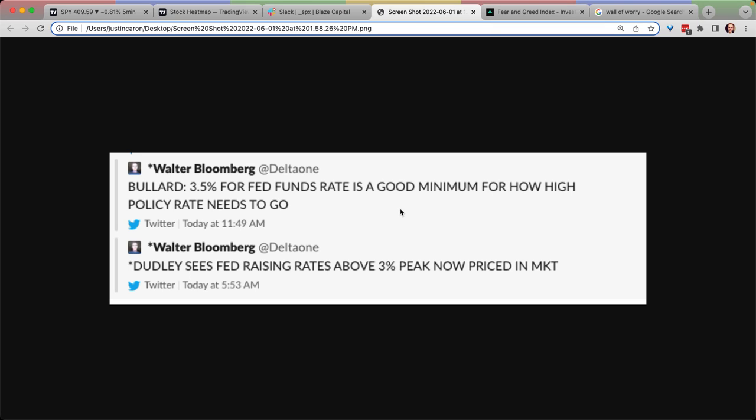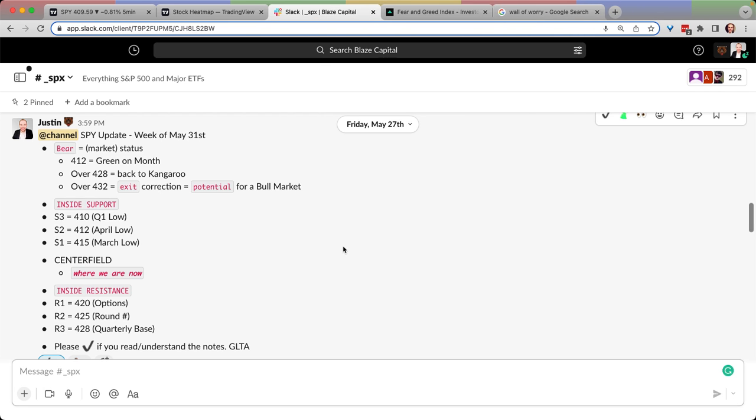So that 2.5 by the end of the year is definitely still in play. The market already had quantitative tightening to battle with, and now it had additional hawkish commentary. And all said and done, it actually did not do all that bad. So that's what happened. Now let's look and see what happened to levels, because if we look here again, this